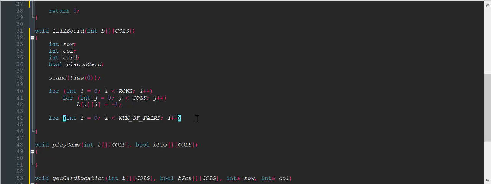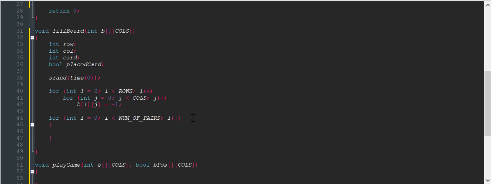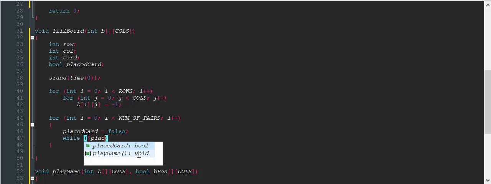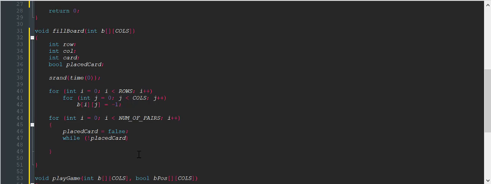Okay, so then we enter, write in those parentheses, and then we write in placed card is currently equal to false. And now while placed card is not true, then we write in